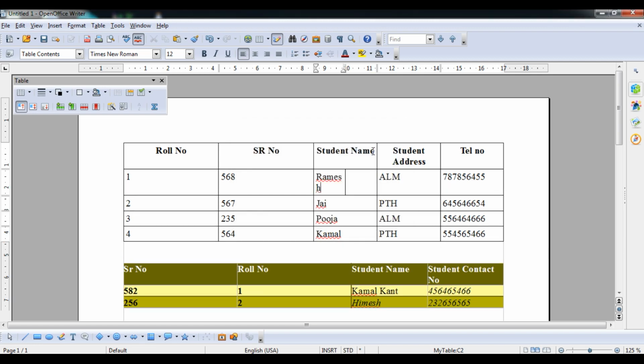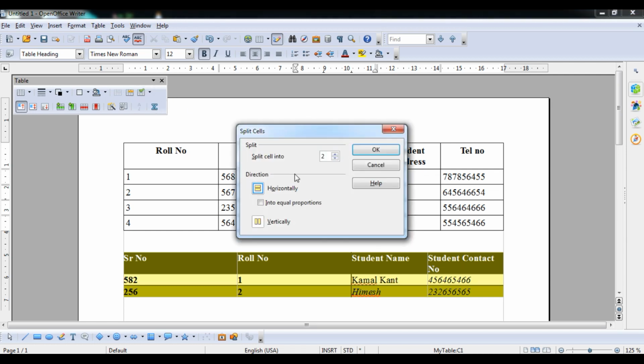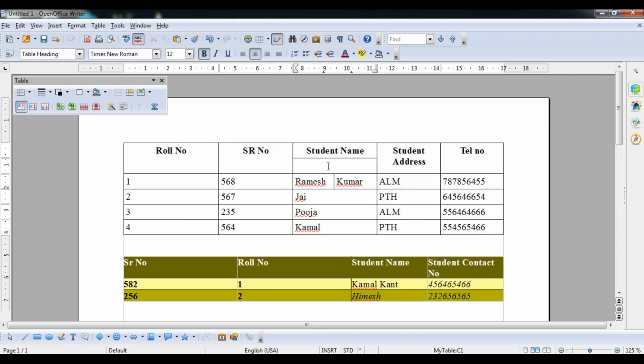So click on this. Now you can see we can adjust this, Ramesh, and then adjust this according to your choice, Ramesh Kumar. Here it will be Ramesh Kumar because it is split into 2 cells. If I split this particular cell again horizontally into 2 cells, it will come like this.